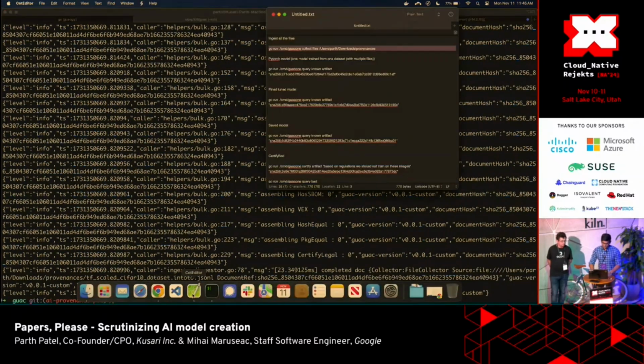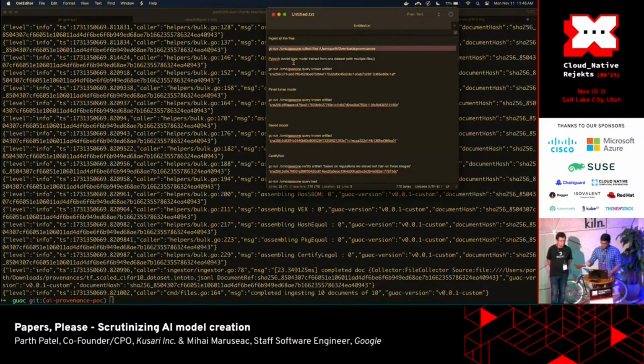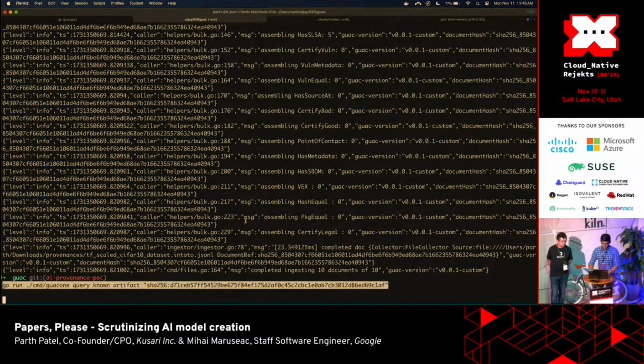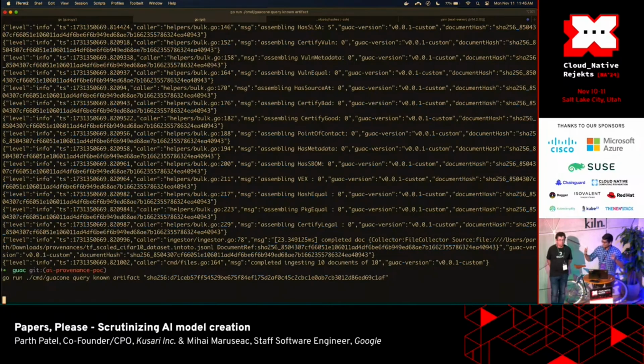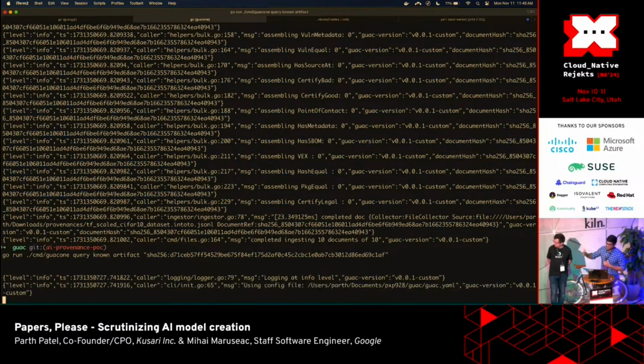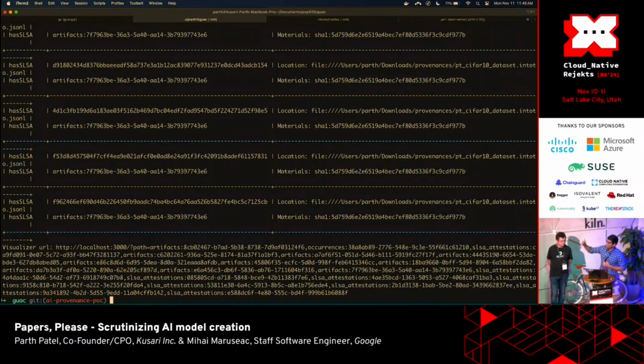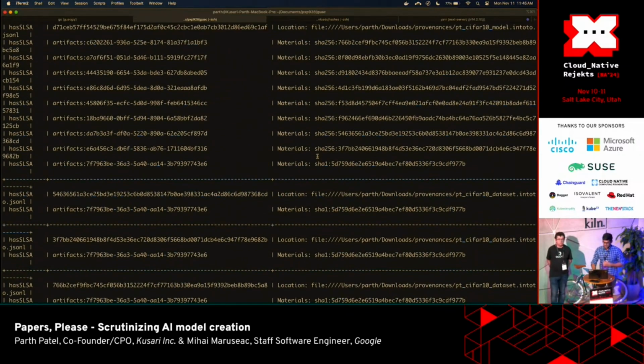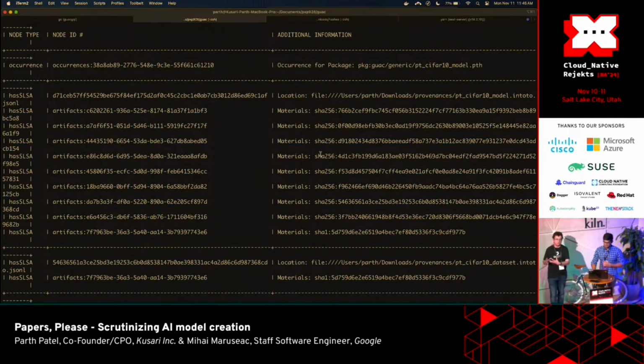The first example we're going to run is the PyTorch model that Mihai talked about. I'm just querying at the top level subject artifact, and I want to see what information is there and what materials were composed by it. This is the scenario where you have a model that has been trained from one single data set. We use the hash of the model, and we want to find out what the files, what the images from the data set are that the model has been trained on. And this is what we see here in this table.